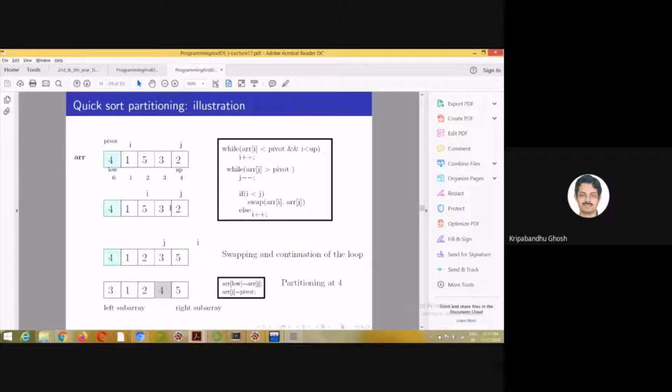So you see the number of times this can take place if it is divided into two halves perfectly. Because you are dividing it into two subarrays, left and right, it will go on until you are left with a single element.